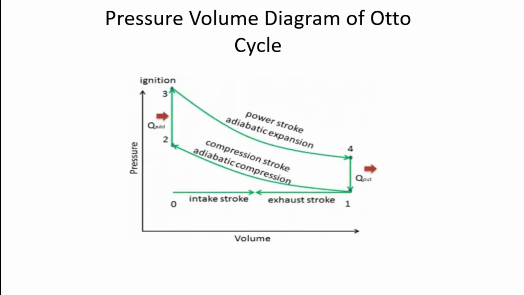Students, you can see here from the figure that from point 0 to 1, that is the state 0 to 1, is the intake phase, and then from state 1 to 2 the compression takes place, and then from state 2 to 3 combustion occurs due to the ignition of the fuel, and then from state 3 to 4 is the power stroke, that is the thermal energy is turned into motion, and then from state 4 to 1 waste heat is expelled out. So you can see here in the figure, we will discuss each process one by one.